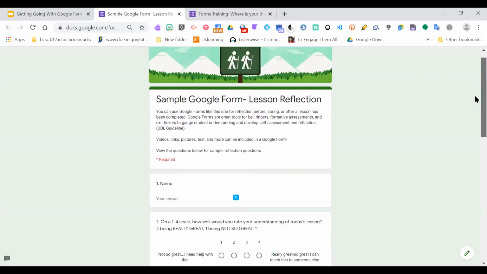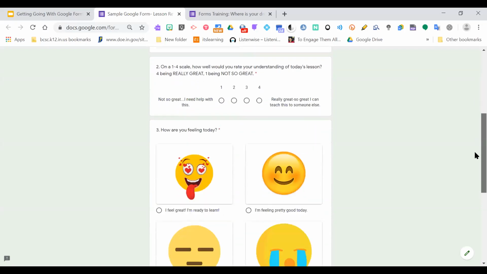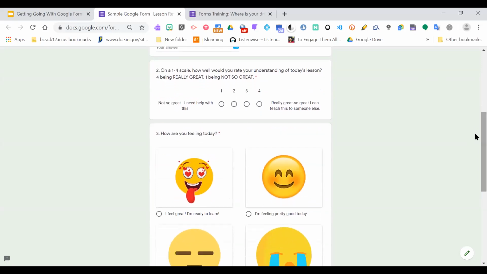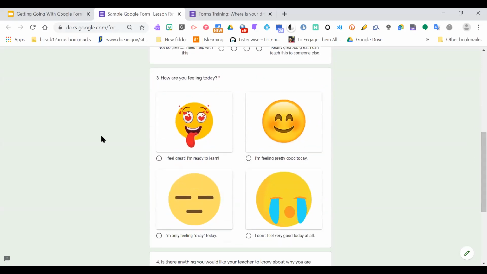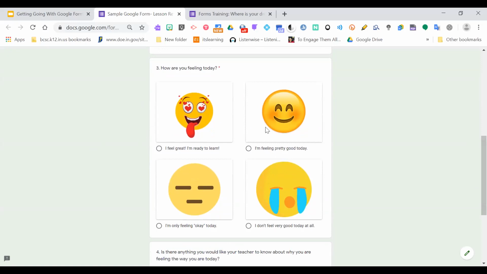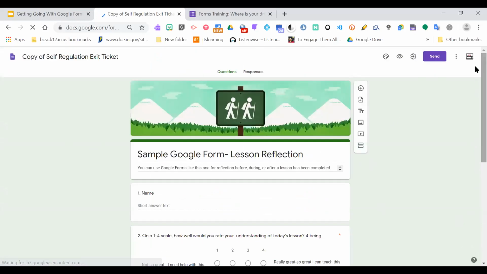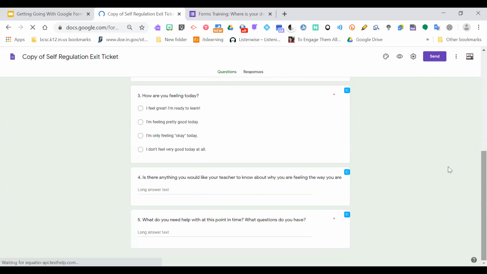So this is an example of a form that can be used for a project reflection or a lesson reflection. And this is adding in pictures as an answer option. I've seen lots of teachers use this to help students who are maybe learning new vocabulary, or you just want to give them that visual support to go along with the text. Here's an example of that. I didn't have all of those saved on my computer. So to add in those pictures,